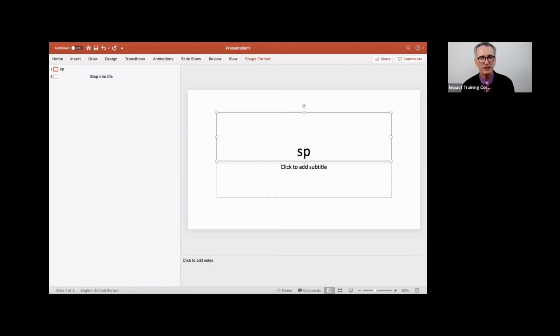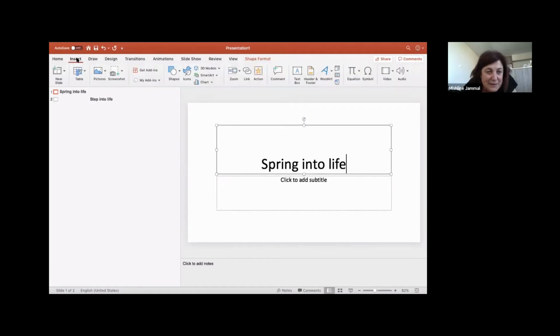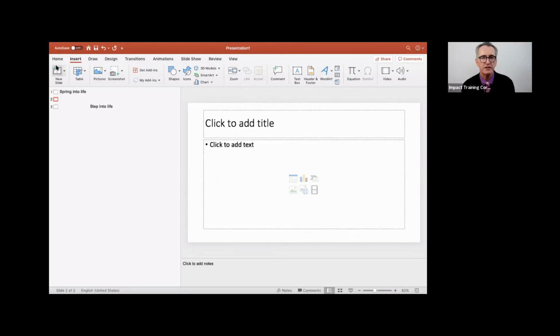Okay, very good, terrific. I started putting something like spring into life. Lovely. Now I'll get you to go up to insert. What you're going to do now is add a page. Just go back to home. Oh, you've got two pages there. Now you go to the second page. There's your second page. Just at the top where it says title, type second page, or whatever you like. That's it.